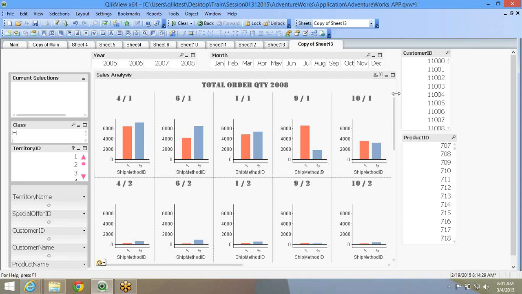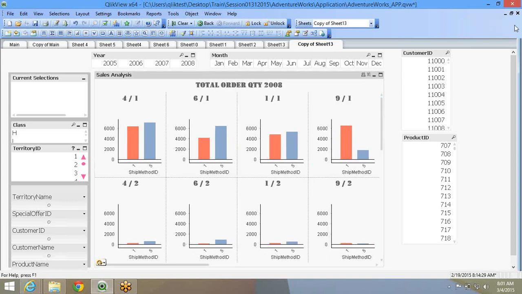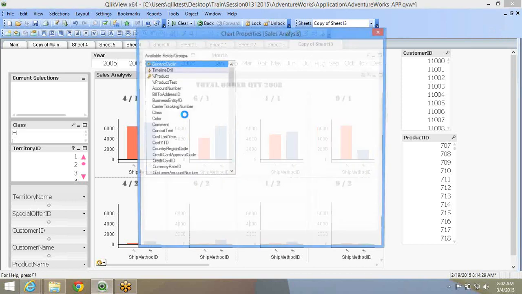Any questions here? Right, so this is the trellis chart.